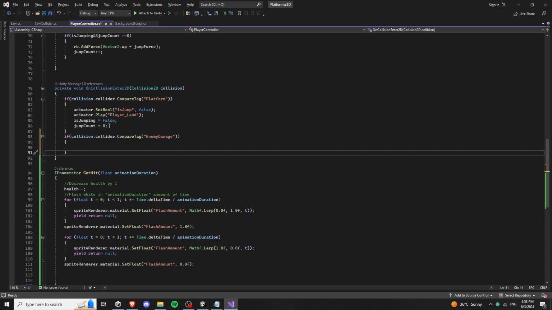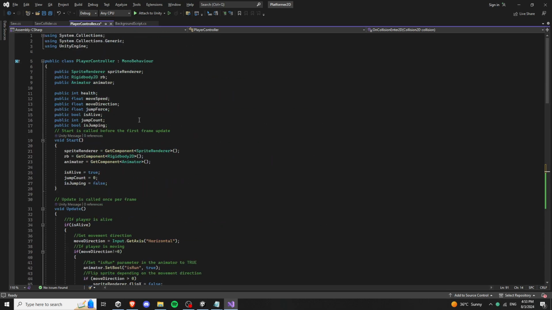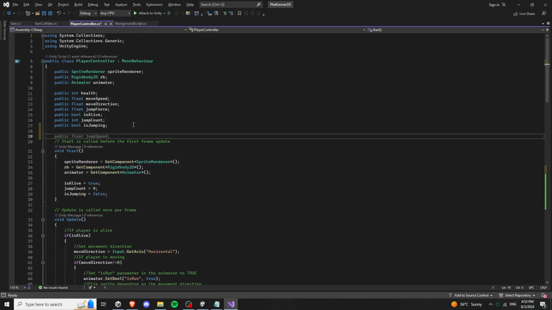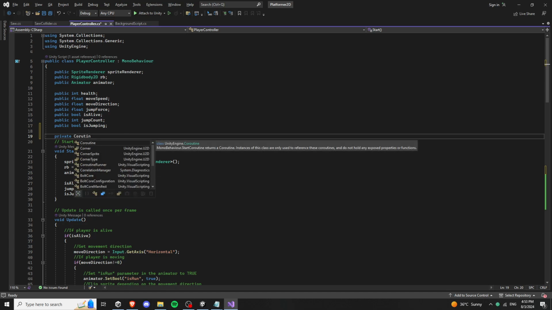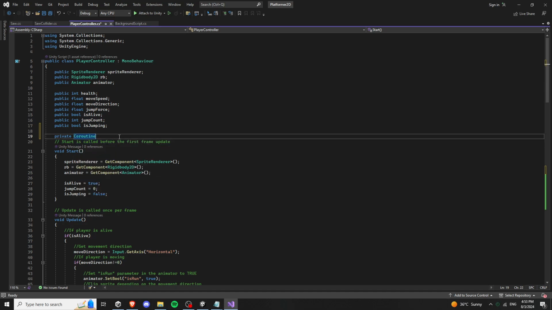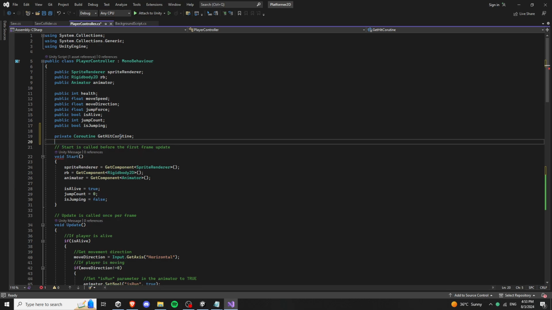And to do this, we do two things. We create a coroutine variable that is private coroutine, get hit coroutine, and the bool